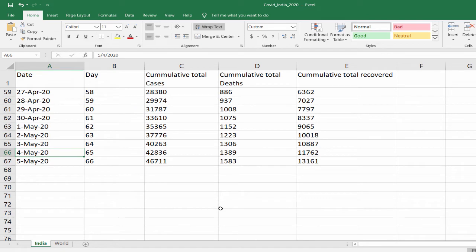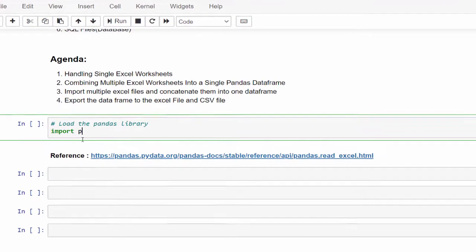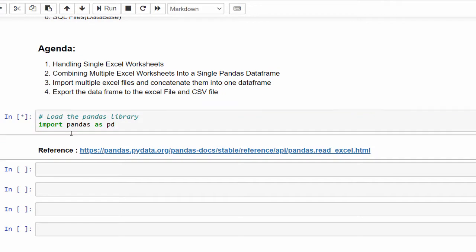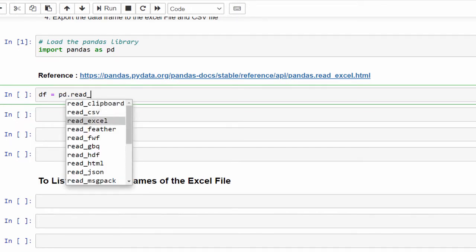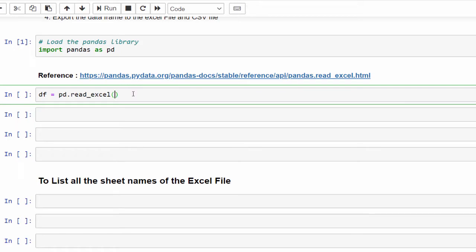First we will learn how to import this. Mandatory step: import pandas as pd, then the data frame df equals pd.read_excel.